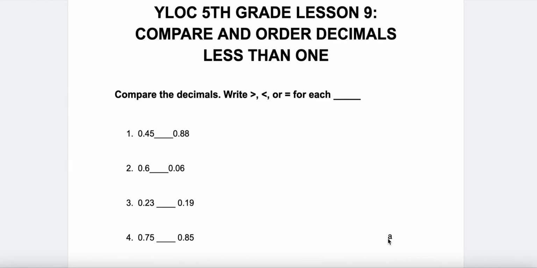5th grade lesson 9. Compare and order decimals less than 1. Compare the decimals, write greater than, less than, or equal to for each blank. So for number 1,